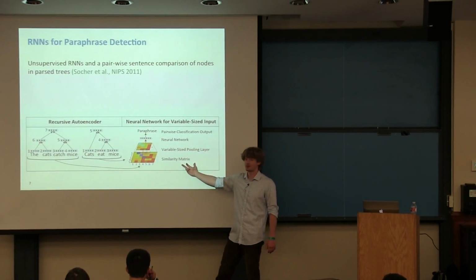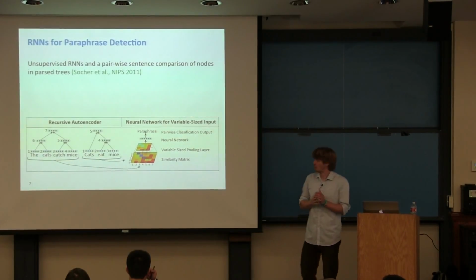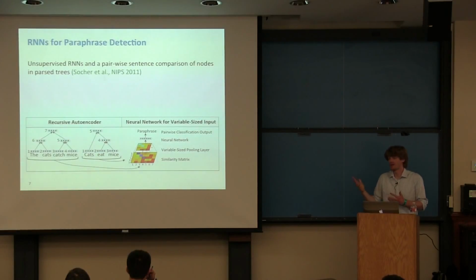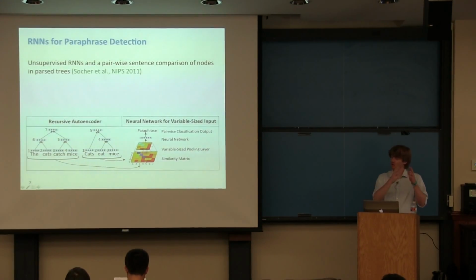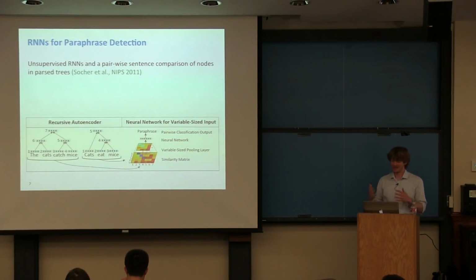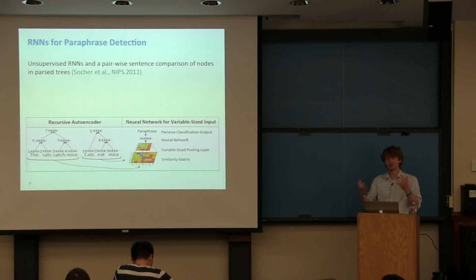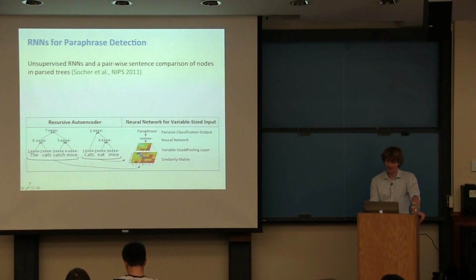And now this similarity matrix, of course, depends on how many words you have in each of the two sentences. So one thing we could now do for a neural network is we just take the average value of this similarity matrix. But that would lose the fact that there are certain words and certain positions of the sentence that might matter. Right? At that point you kind of go back a little bit to a bag of words model, when really you want to capture the structure of the two and similar phrases and similar positions of the sentence and so on. And so what we do instead here is introduce a so-called variable size pooling layer